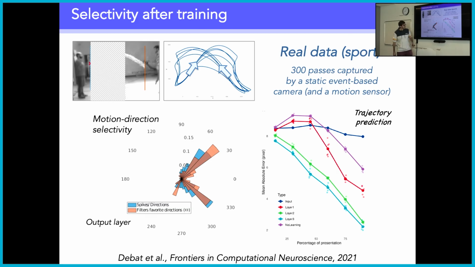Here you have the percentage of presentation of the trajectory, and on the y-axis the mean absolute error. Of course, when the network is seeing all the trajectories, the error is relatively small. But even when half of the trajectory is masked, specifically in the last layer of the network, the prediction of the endpoint is not too bad.